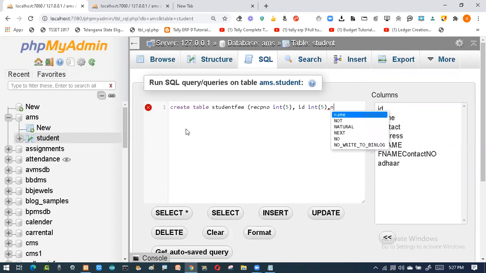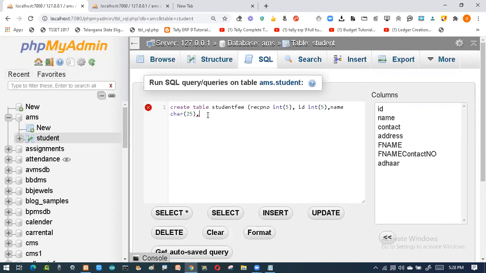His name is any name, so for that we can go for varchar or character. I'll go for character of 25.